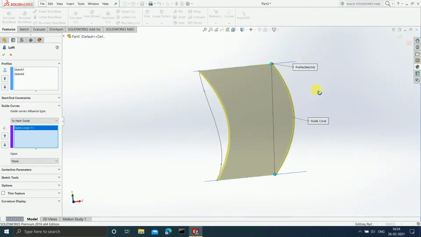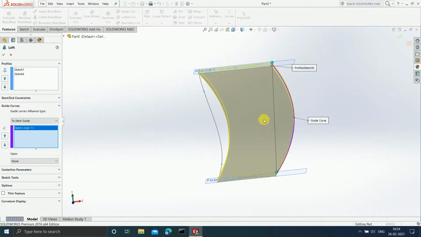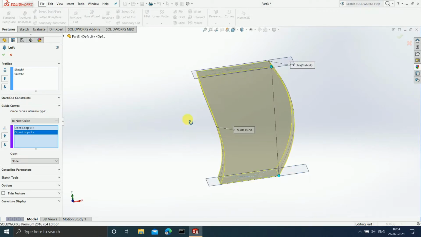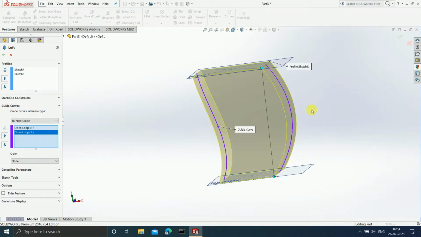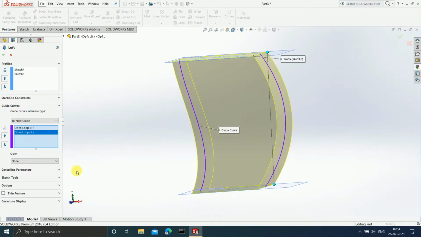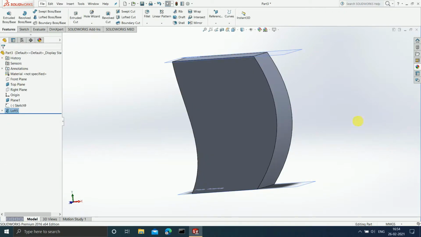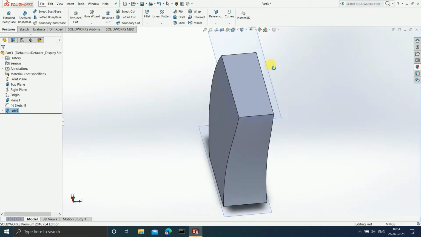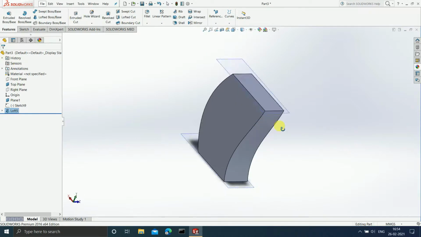Can you see, as soon as I selected the curve, the 3D model gets stuck to the curve. Suppose I select one more curve, this particular curve, click on OK. Can you see, now it gets stuck to this particular curve. So it is going to adjust its shape according to the curve that you have sketched. The curves are basically going to guide your 3D model how to take a particular shape. Click on OK. Can you see? So this is how your guide curve is going to help you.